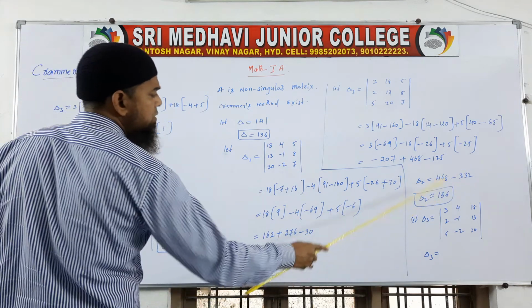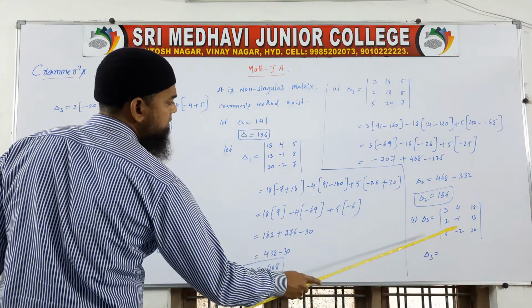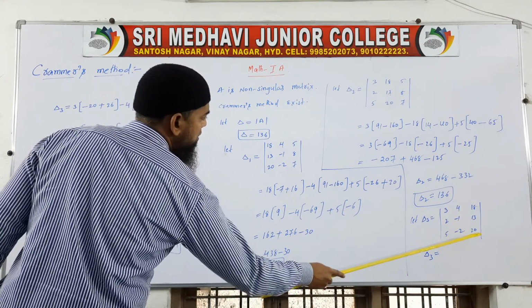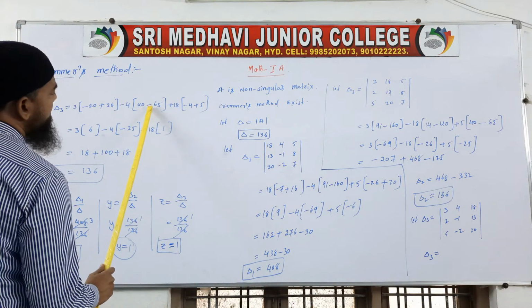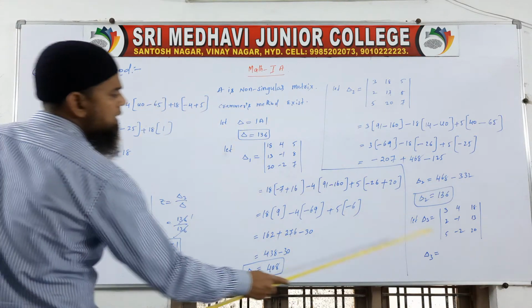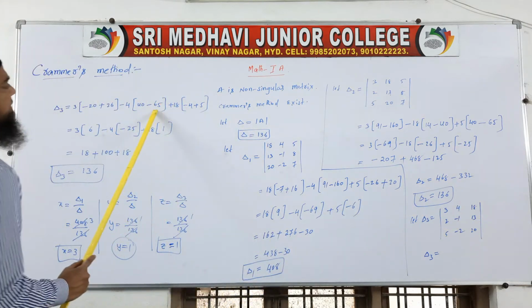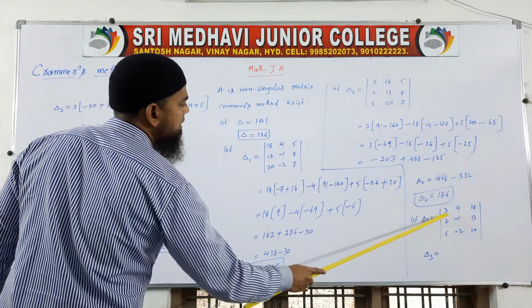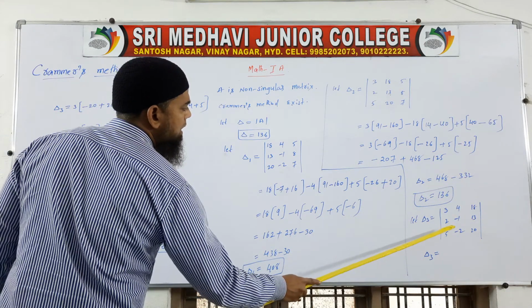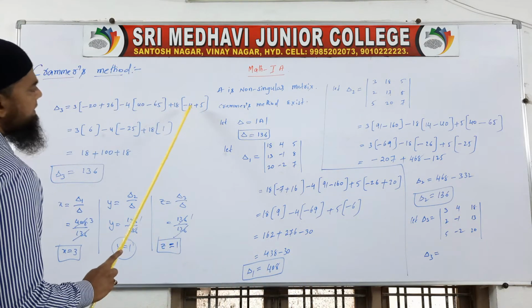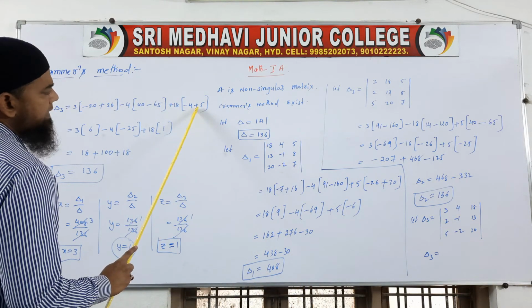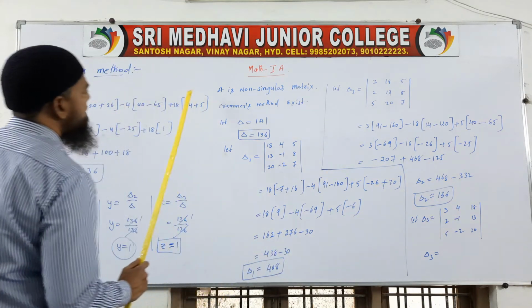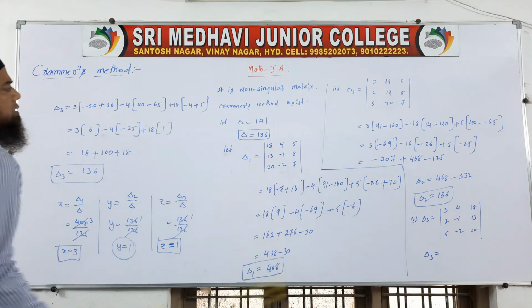Now eliminate first row and the middle column. See what are the remaining elements? 2, 13, 5, 20. 2 into 20, that is 40. In the middle we have to take minus because AD minus BC. 5 into 13, that is 65. Plus 18, what is the last number? Plus 18. Eliminate the first row and the last column, you will get the remaining numbers. AD, 2 into minus 2, that is minus 4. Here I am writing minus. So when I am multiplying these two numbers, 5 into minus 1, that is minus 5. When I am writing here, already minus is there, no? So minus into minus, plus 5.